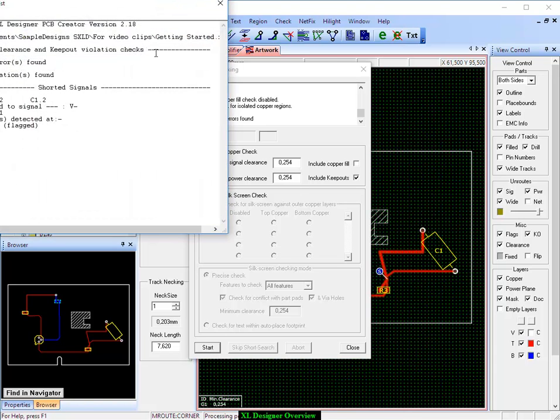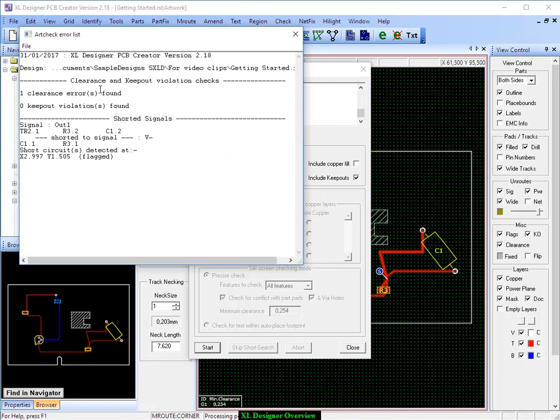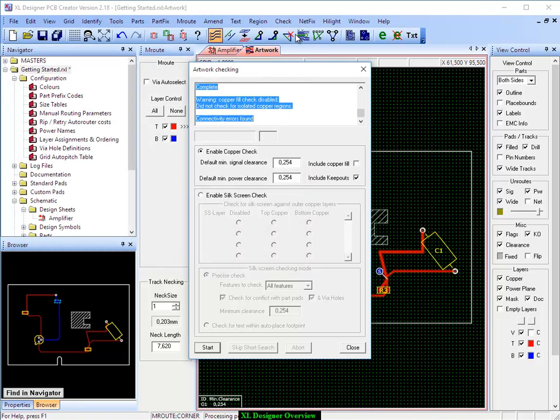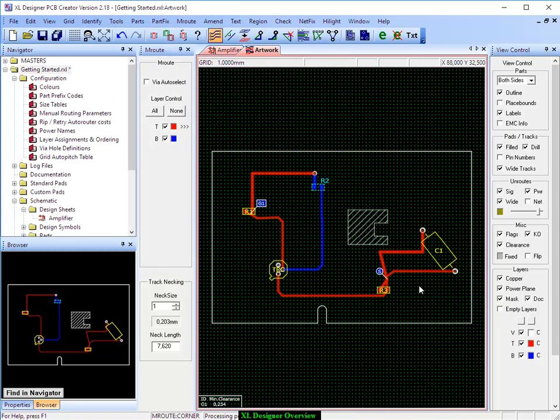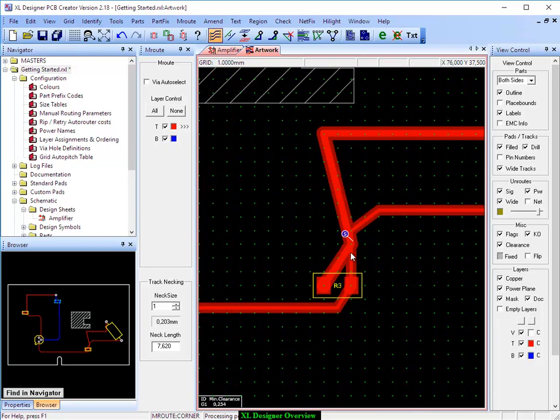Hit start, and it comes back with an error message. And so this is the design we're working on. It's got one clearance error found, no keep out violations found, but we have got a shorted signal, and it's the out one signal is shorted to the unnamed signal between those pins, and it's detected the short at the XY location given, and it's flagged it. So if we close this window and close the check window, you can see you've got a little flag here and a little flag there, and this one's got an S inside it because it's a short circuit. So if we just